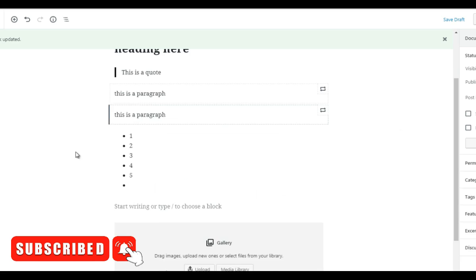So if we click on that, you're able to add that here. So this is very, very convenient, especially if you have certain elements that you like to repeat over and over and over again, and you want to go to a different post or a different page and add that specific element to that page without having to redo everything. All right, so that is very convenient.